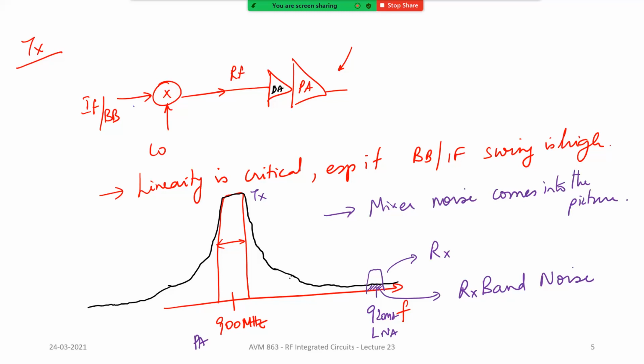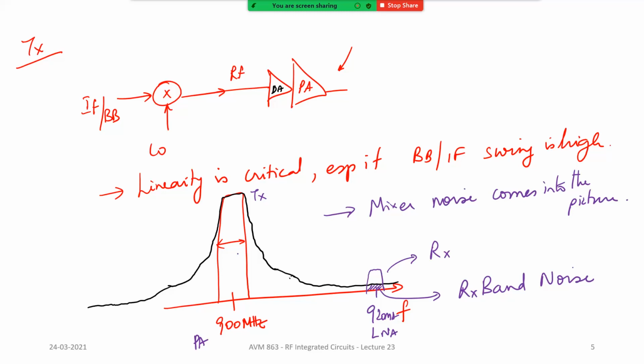And in such a scenario, which is called receive band noise, if you look at some literature, some of the papers talk quite a bit about this RXB, the receive band noise. How do you optimize it? How do you make sure it is less and so on? In that context, the mixer noise becomes critical. Otherwise, you really don't care about the noise of the mixer. And on the other side, of course, you have linearity, and sometimes you have very strict mask specifications. We will talk about it when we talk about PAs. So there also the noise comes into the picture. Otherwise linearity is the one which is quite critical.